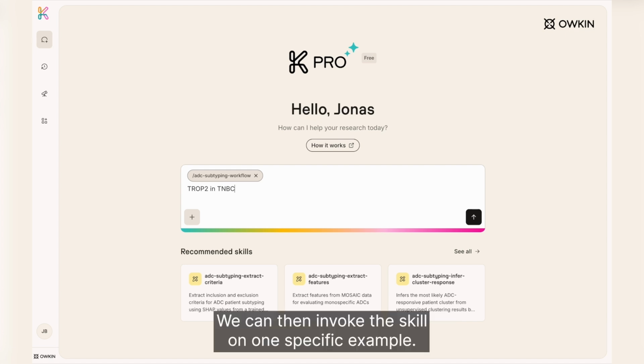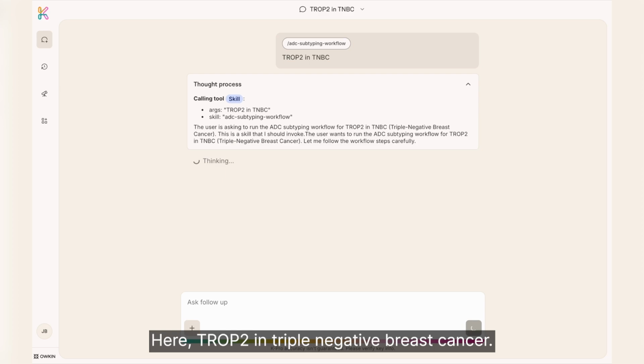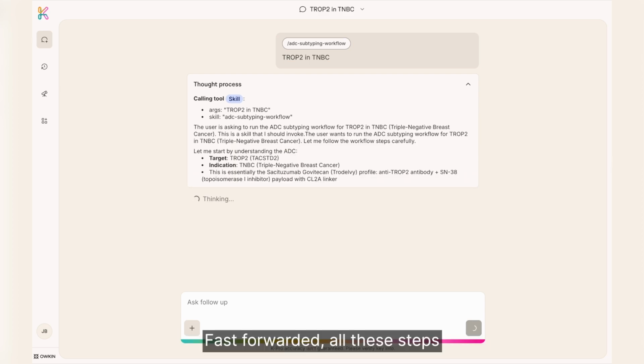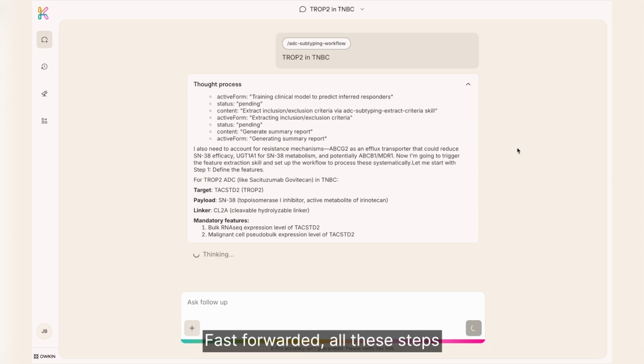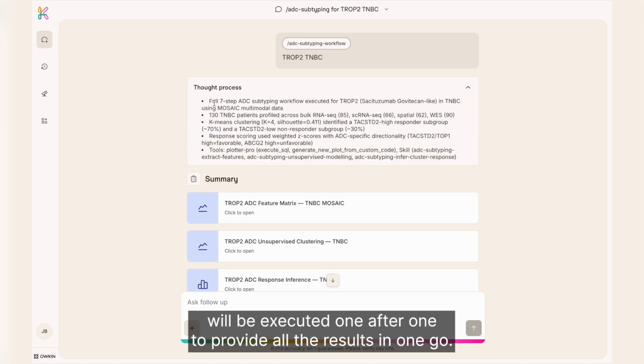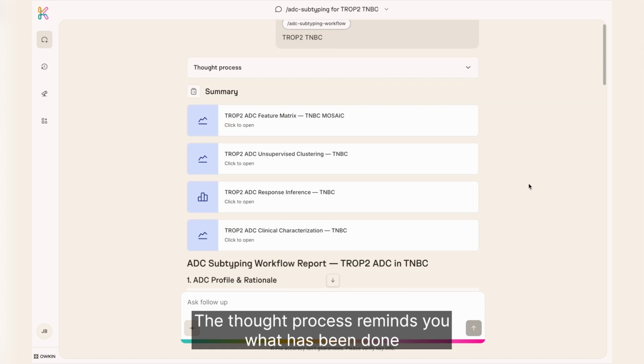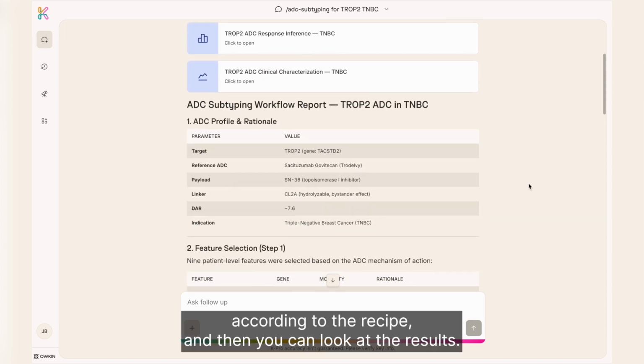We can then invoke the skill on one specific example. Here, TROP2 in triple-negative breast cancer. Fast-forwarded, all these steps will be executed one after another to provide all the results in one go. The thought process reminds you what has been done according to the recipe, and then you can look at the